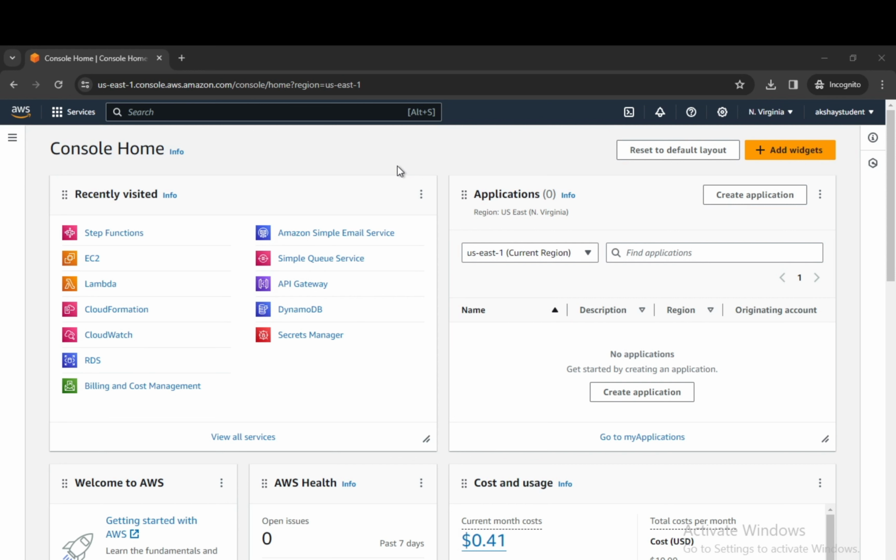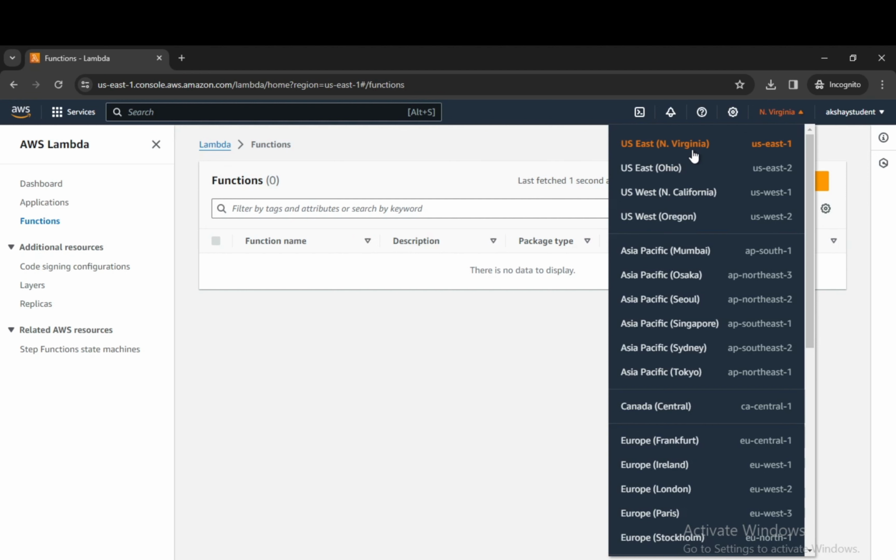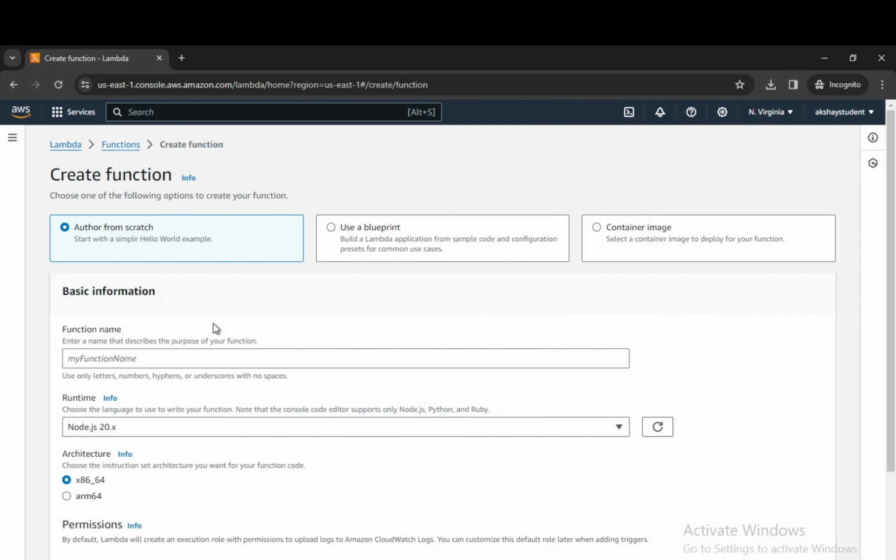So let's start to integrate this Lambda into the AWS Step Function. To integrate Lambda, we have to log in to the AWS console, go to Lambda, and make sure that your Lambda and the AWS Step Function which you are going to create reside in the same region. Okay, and create a function. Let's create the function from scratch. We will name this